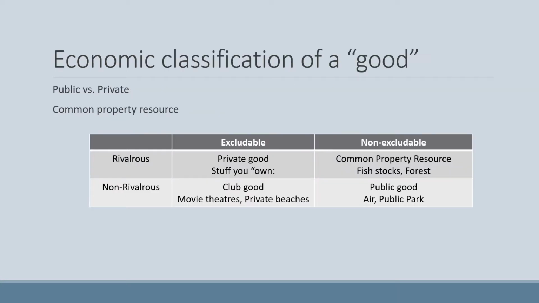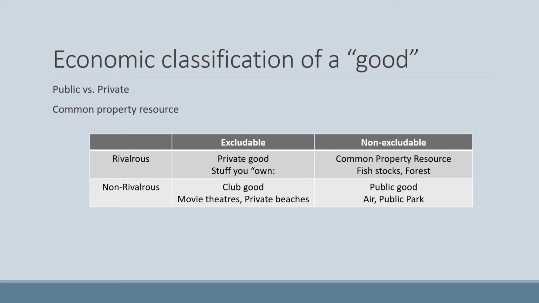Here we have this nice little table that gives you some examples of rivalrous and non-rivalrous in our rows, and then excludable and non-excludable in our columns. We can also look at public versus private goods. Public goods are non-rivalrous, meaning you using them doesn't stop anybody else from using them, and non-excludable. So a public park is a great example of a public good. If you go to the non-rivalrous row and the non-excludable column, you see public park. Air is also important, right? No one owns the air. So when we talk about air quality, this becomes a bit of an issue, okay?